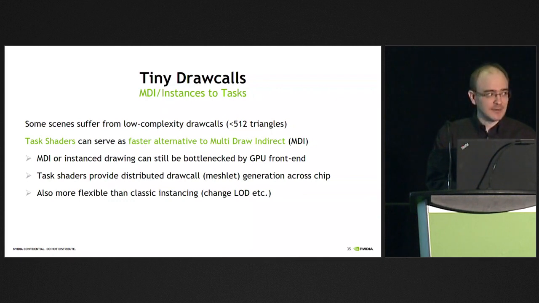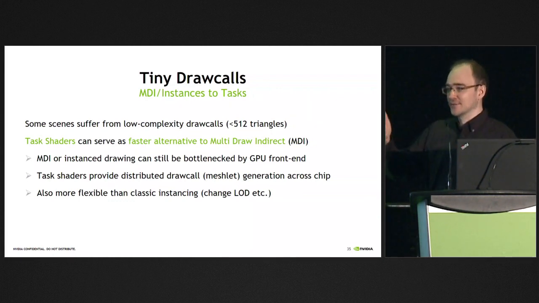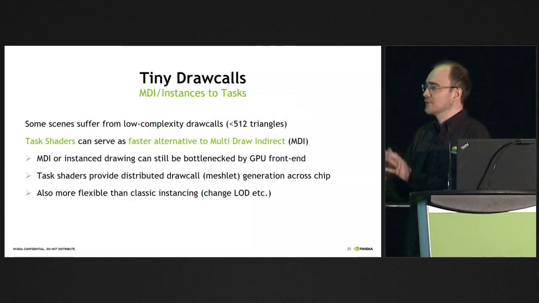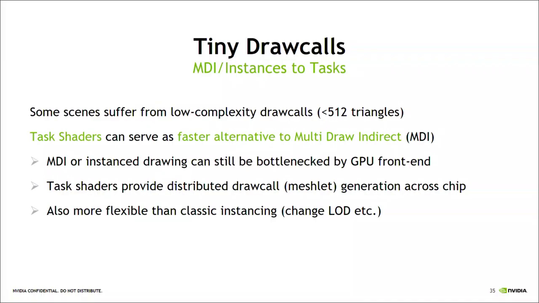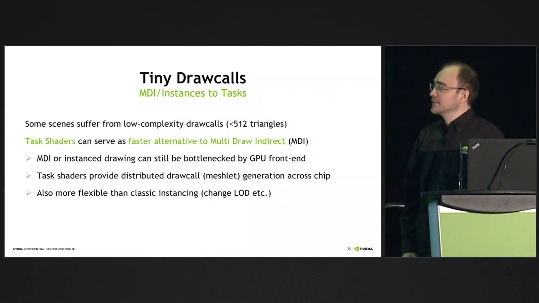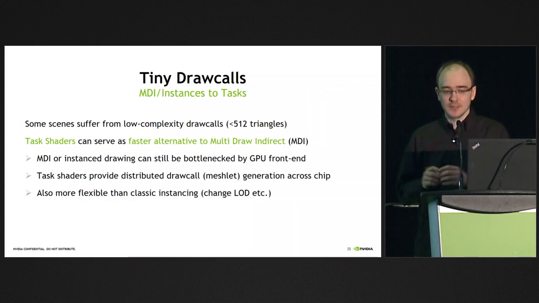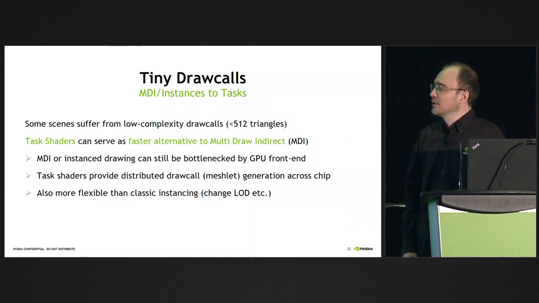So other use cases are tiny draw calls. Obviously, we started the presentation with the tiny nuts and bolts and leaves and rocks and so on. You might think, hey, we already have multi-draw indirect and instancing, but for the very small draw calls, like less than 512 triangles, or the bigger the chip, the higher the threshold of that number, then these are not as